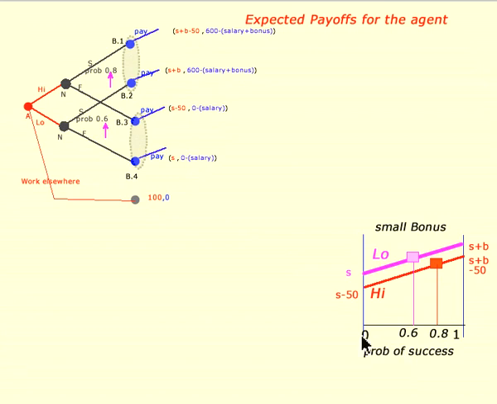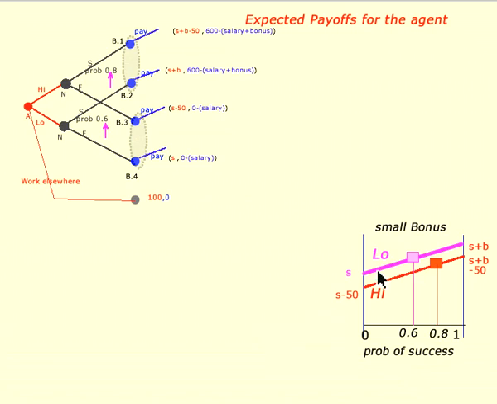Well, the first thing is, on this axis we have the probability of success. So this is the beliefs by either one of the players, but in this case the agent, about the chances of success. Could range from 0 up to 100%, and we know from the specification of the game that the chances of success are 0.6 with a low effort and 0.8 with a high effort. The line displays all the possible beliefs, and then there's several that we're interested in. The endpoints where it's definitely a failure and definitely a success, and then these intermediate points where everyone believes the chances of success at low effort is 0.6 and chance of success at high effort of 0.8.